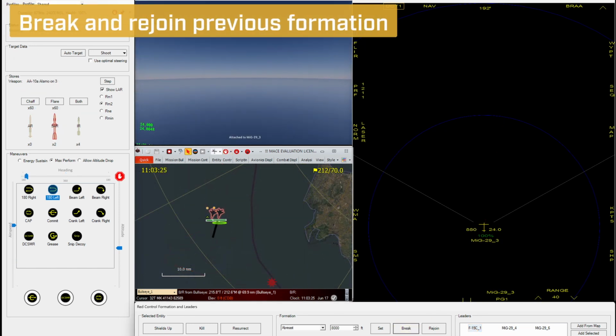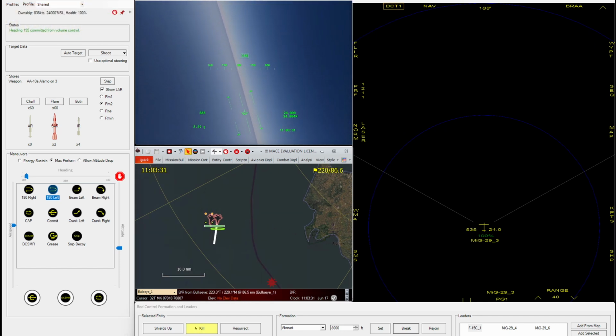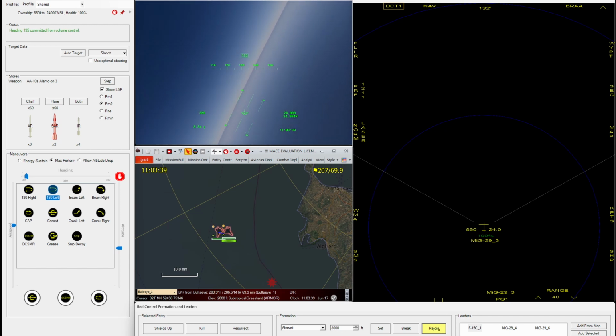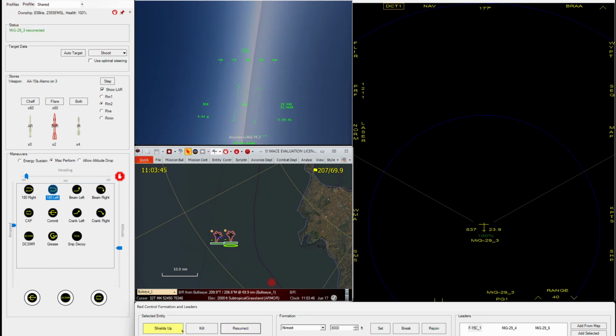The plugin allows you to easily break formation, perform a maneuver and then rejoin the original formation at any time by clicking this button. You can kill and resurrect any selected entity, and you can also temporarily make an entity invulnerable by pressing the